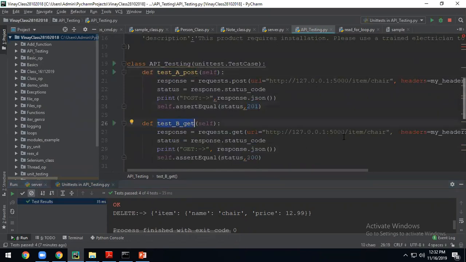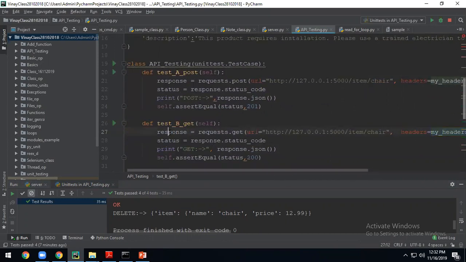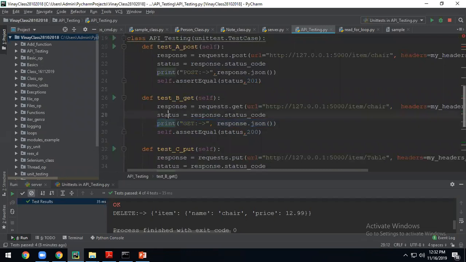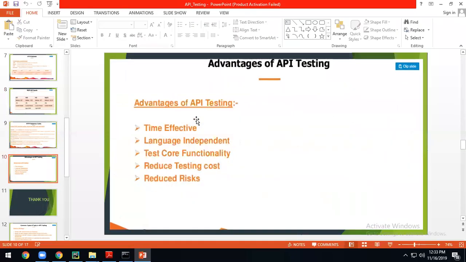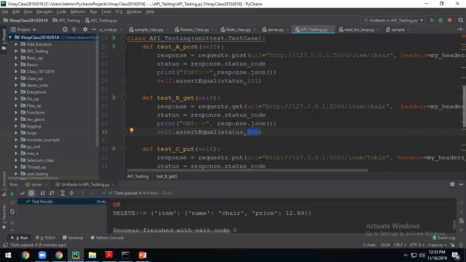Now what is this get call? Now you have the same URL and on the header you are trying to get that. Now this will let you know whether the resource is added or not. So the response is 200, which means everything is okay. From the response you got it as JSON and then you are trying to print that data actually. What is that data you are trying to pick here? And this is the only status code which I am validating here, whether it is 200 or not. 200 is okay, that the request is successful. And this is the data you got.